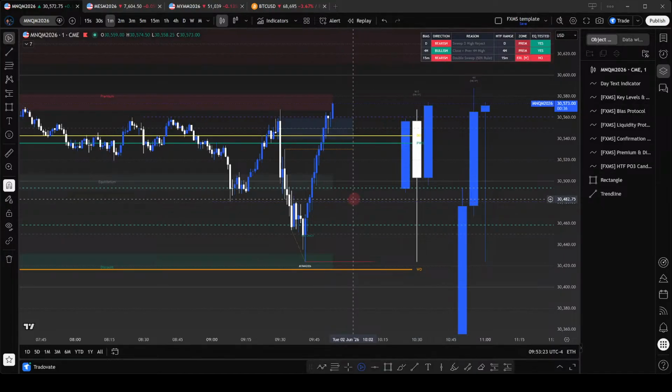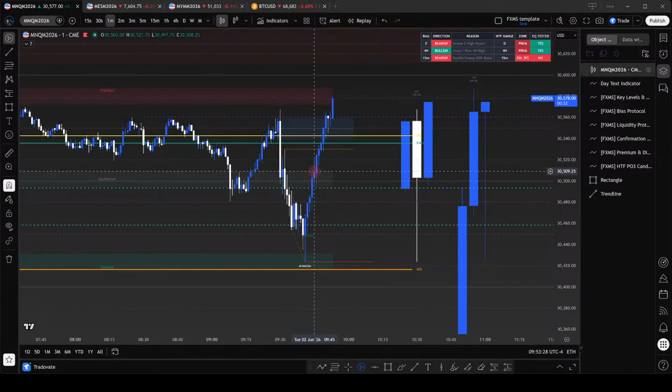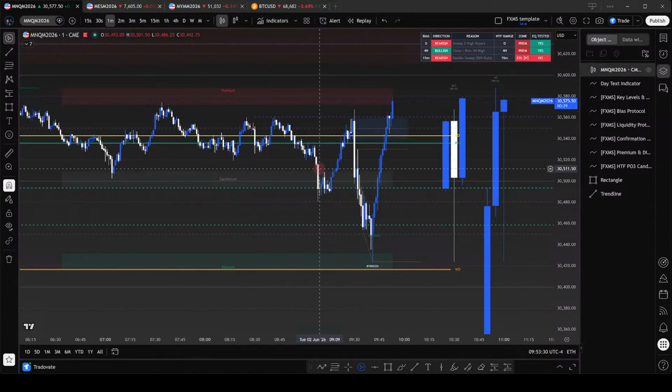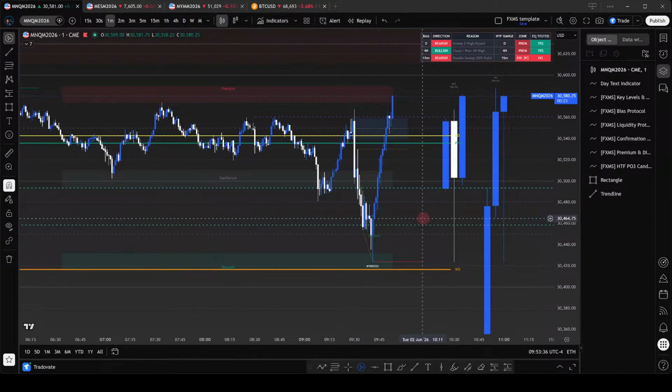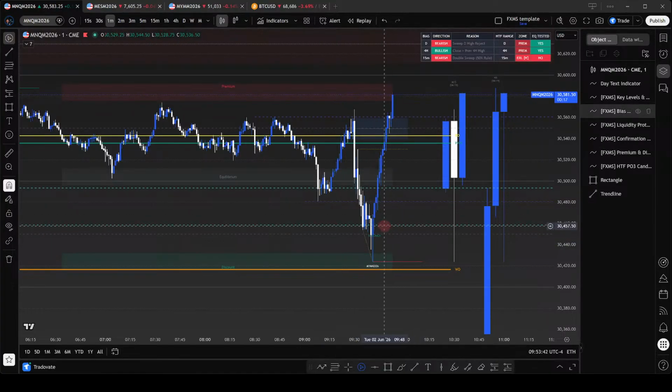I don't really want to be looking for shorts. I kind of made that mistake over and over, trying to catch the retracement back into the discount, right? So we'd rather wait for the discount move. This was a discount move. We just didn't get an internal low here